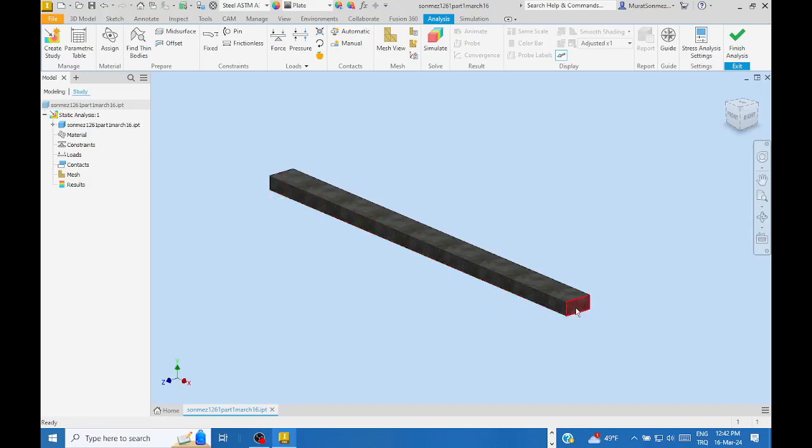Although we know that at this end and at the opposite end we have tension forces, it is necessary to have a joint to perform the analysis. After saying that this end of the bar has been connected to the rest of the assembly, imagine, at the other end there is no need to repeat the boundary condition, because Inventor knows that if it has been connected to the rest of the system,